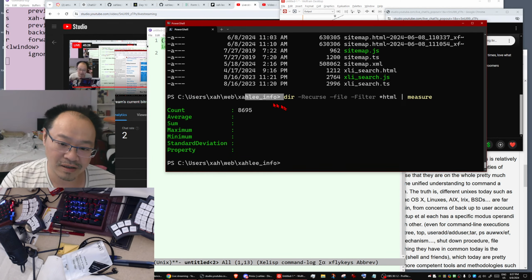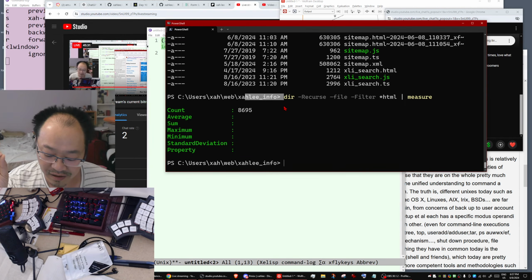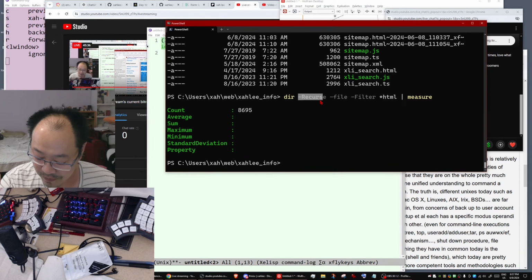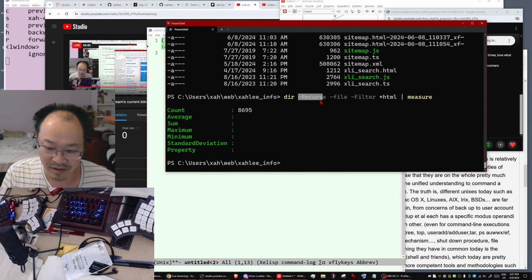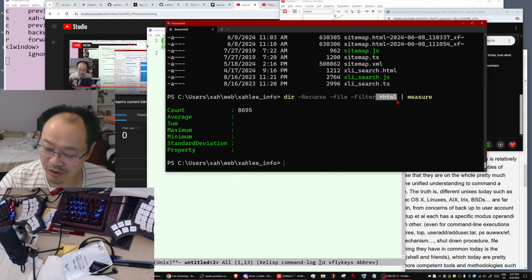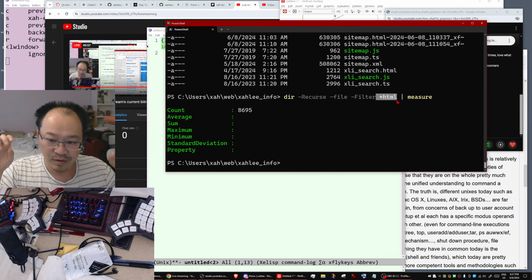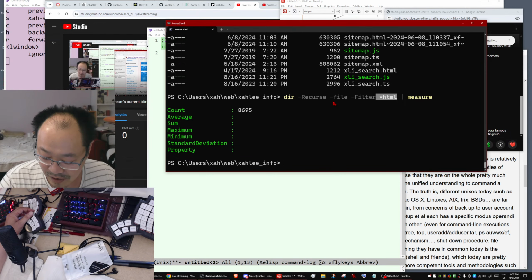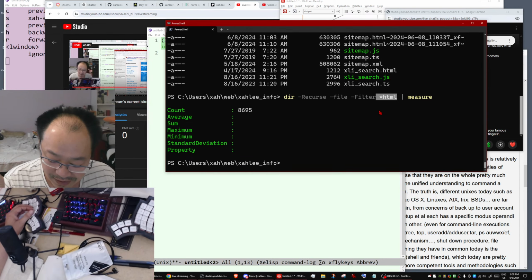So this is the beauty of the linear syntax. This syntax avoids nesting as much as possible, and also it doesn't have types. If you have a shell that requires type, then it's more of a problem. And there's a lot of shortcuts. For example, this asterisk HTML actually is a string, but you do not need to quote it. It's just quoted for you. So lots of these little conveniences. So when you have a shell language like that,